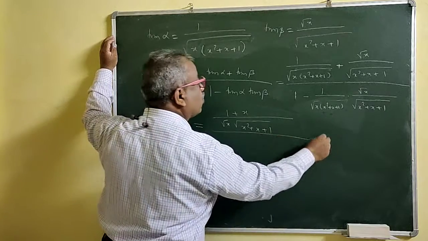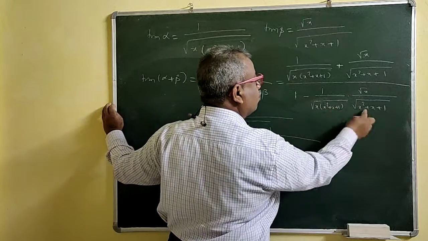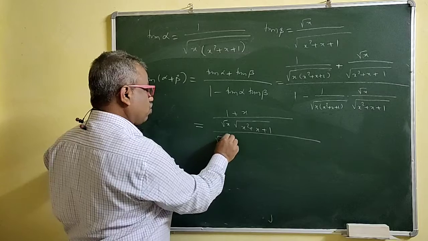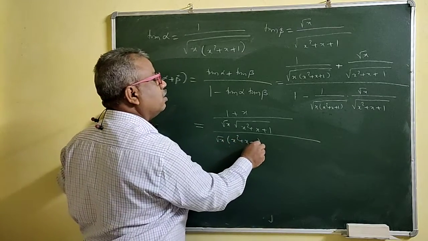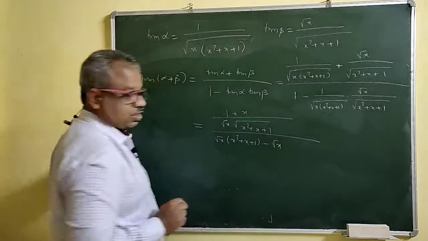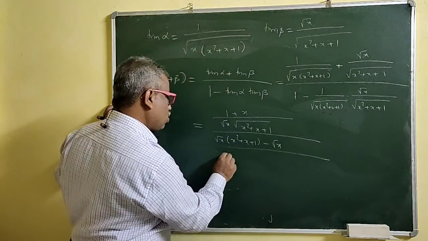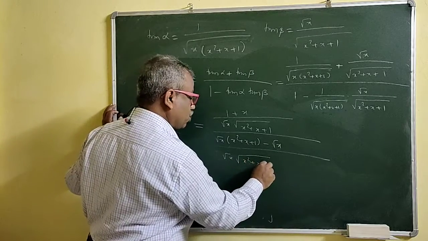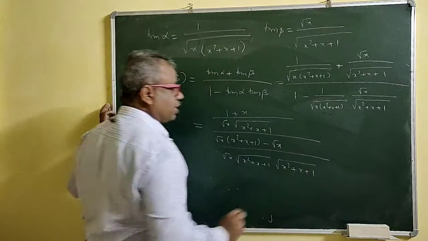Now here you have to take the product, right? So here what do we get? This is the product, right? It becomes a square. This is root x, into root of x square plus x plus 1, minus root x, upon. So this is root x into root of, we will just write it as it is. We will not take the square of this one, right? We will write these two as they are.